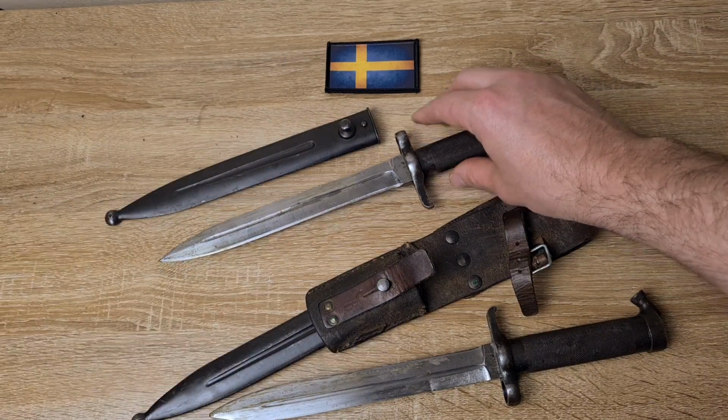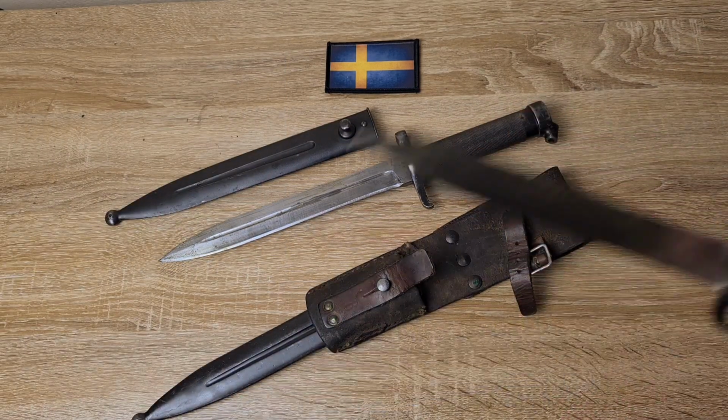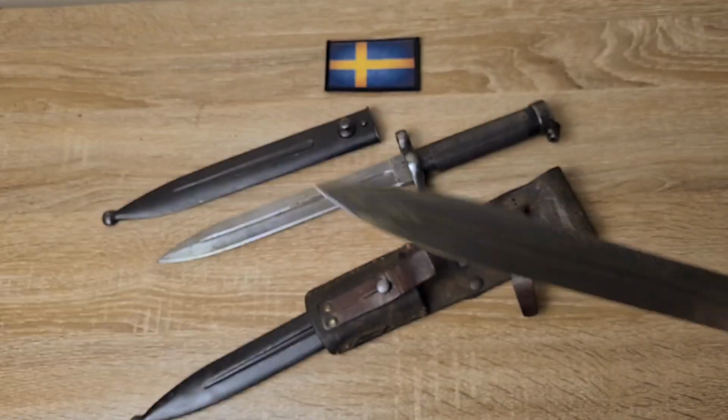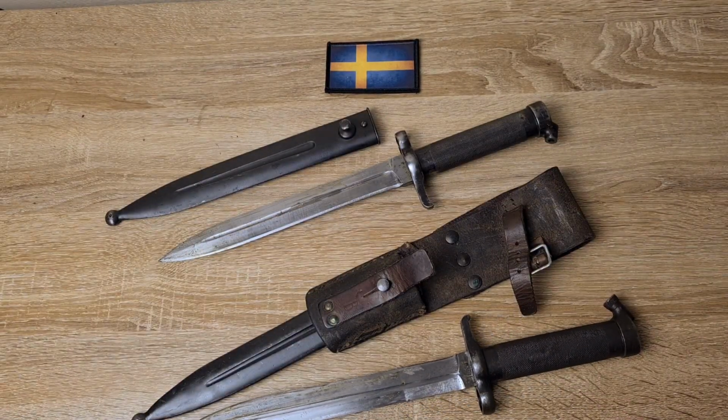That's a pretty common one. Then the second maker is Eric Anton Berg, and that's just an EAB. And the third maker, which is the one I suck at pronouncing, SQL Tuna Jeb manufacturer